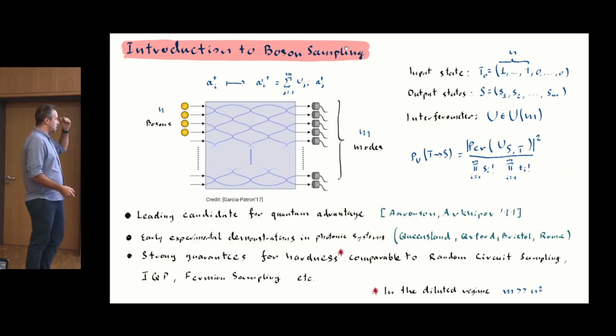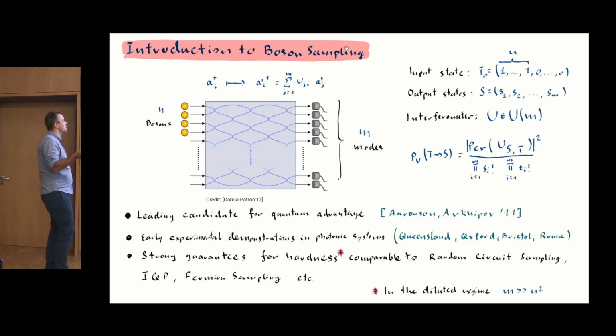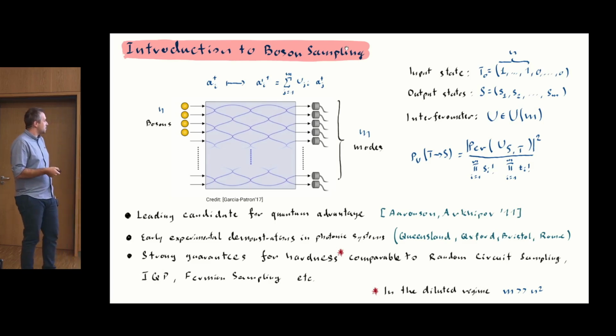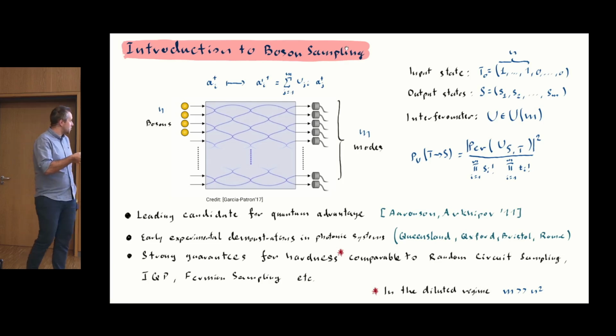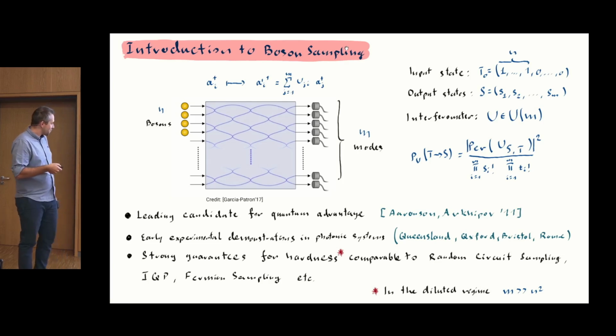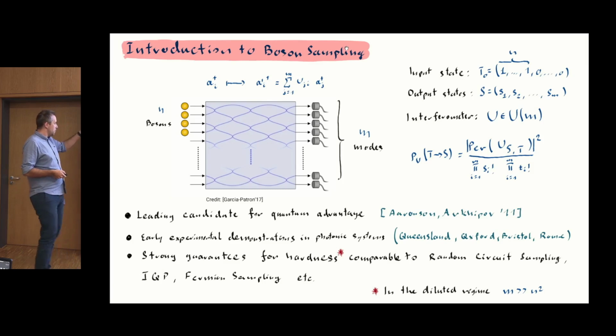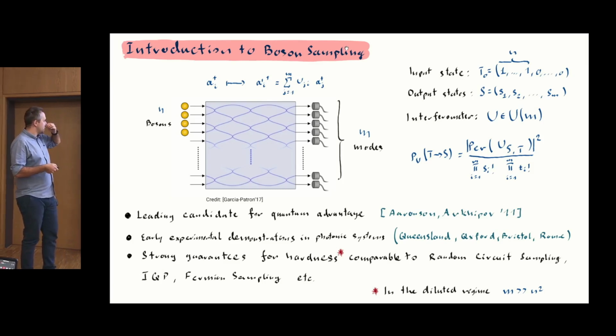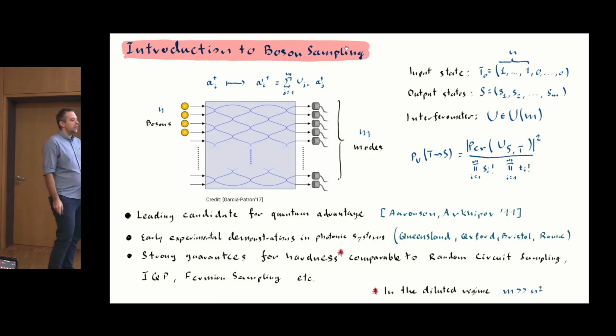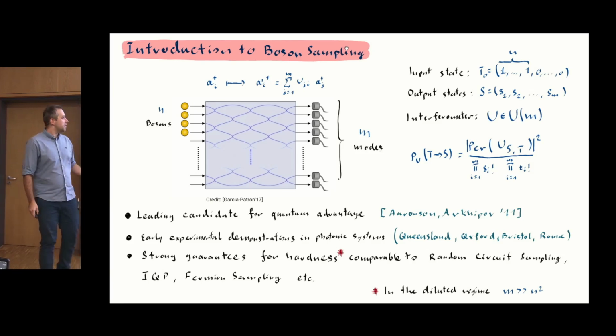Good. The scheme was proposed 15 years ago by Aaronson and Arkhipov as one of the first examples of quantum advantage or supremacy based on sampling. Its proposal coincided with experimental developments on the side of integrated photonics. So there were small-size proof-of-principle experiments performed in different groups around the world.